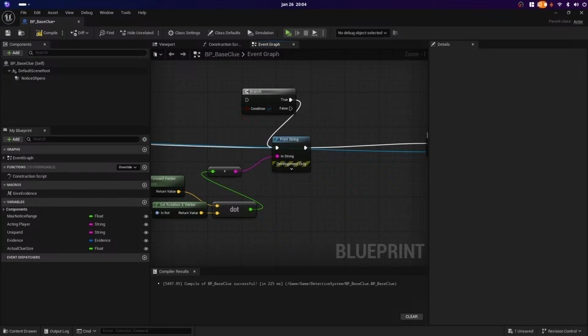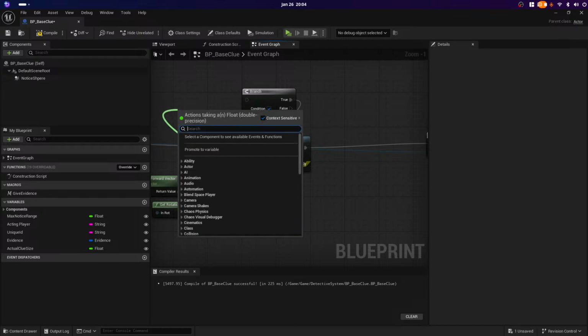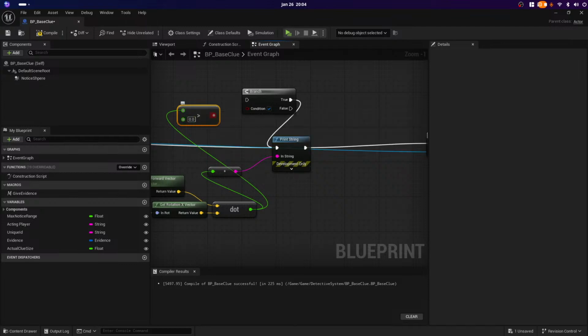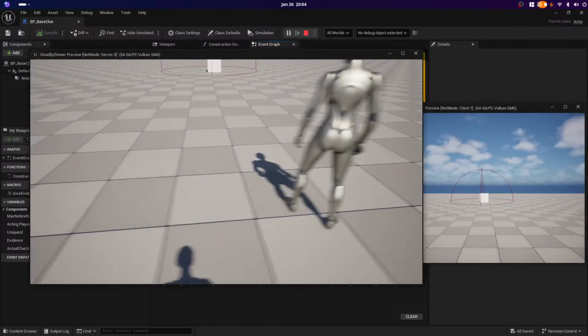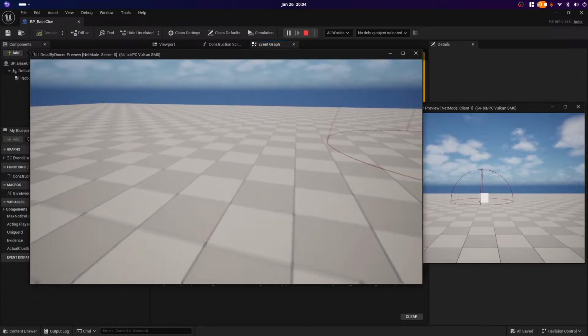Oh, wait. If, and then we'll start there. If it's more than 0, then we'll print. No 0, no print. Right? So if we back into this,